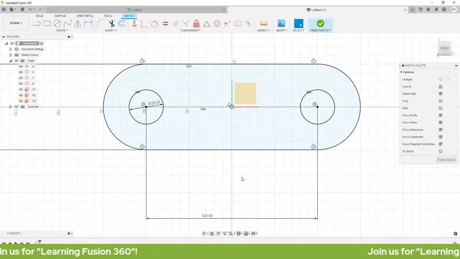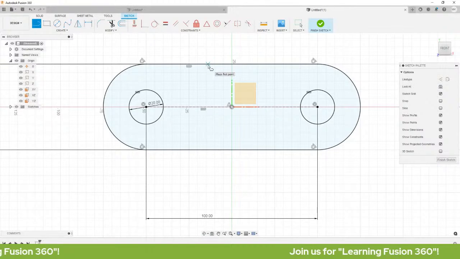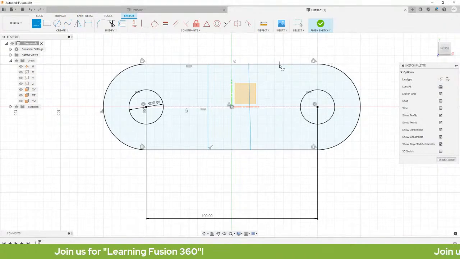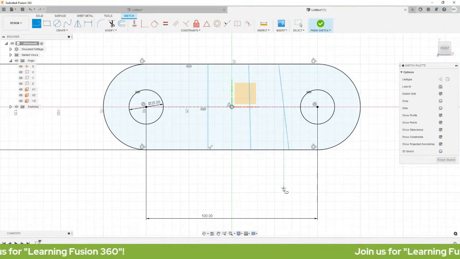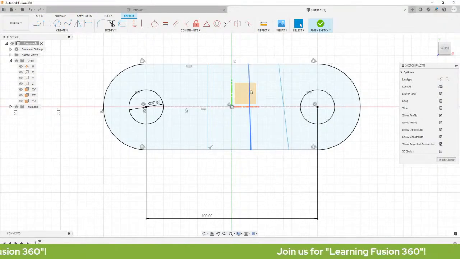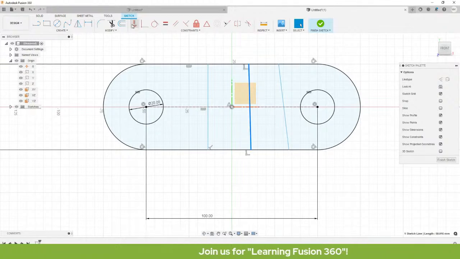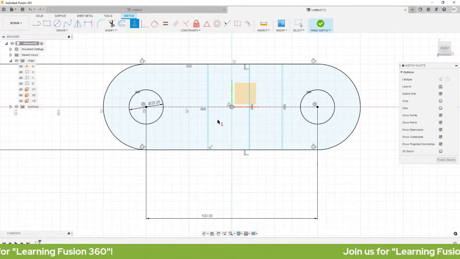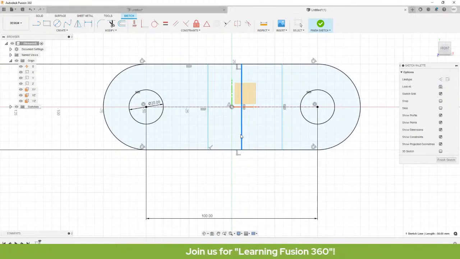So, press L on your keyboard, placing the first point here, left click and left click. Yan, gawa tayo ng line. Let's hit escape. So, medyo slant. Gawin natin siyang vertical. Okay, selecting this then. Let's hit escape.